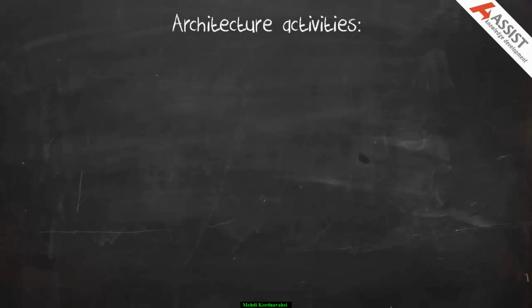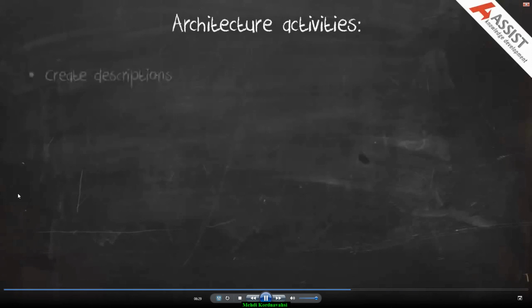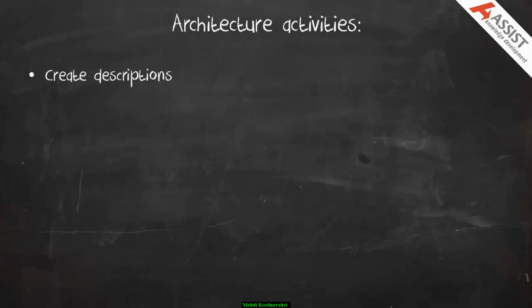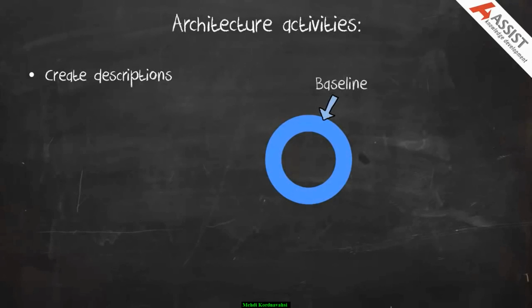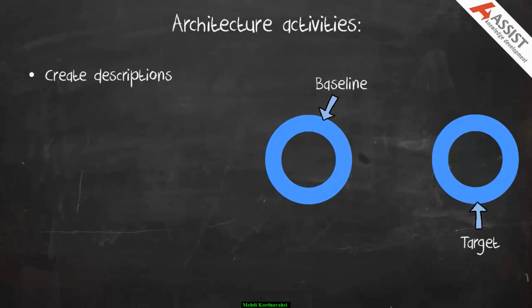Let's now talk about what architects actually do, what activities they perform. And there are various different areas that they're concerned with. First off is to create these architecture descriptions. We can have architecture descriptions for each of those individual domains, and obviously they have to be consistent and mapped to each other. Typically, if we're going to be performing any sort of change, we need to have at least two sets of descriptions. One is the baseline descriptions, which describes our current as-is situation, and the other is some sort of future or target set of descriptions.